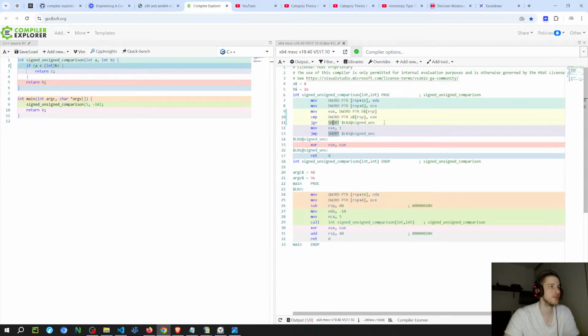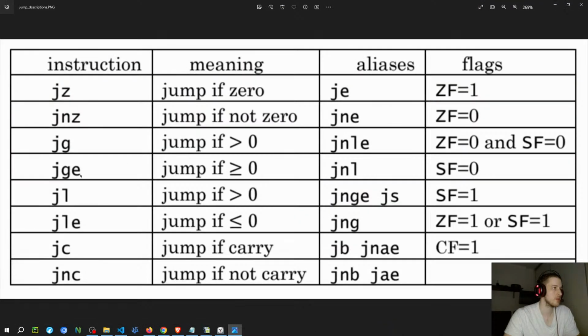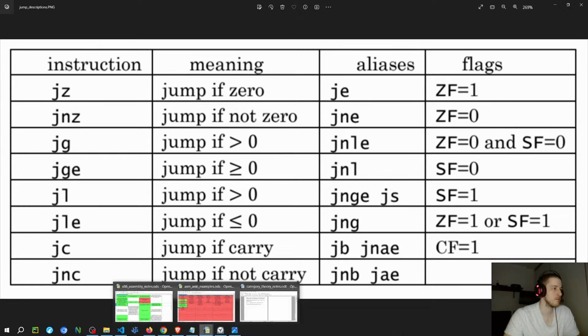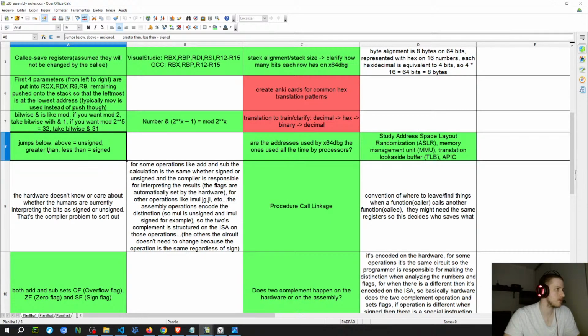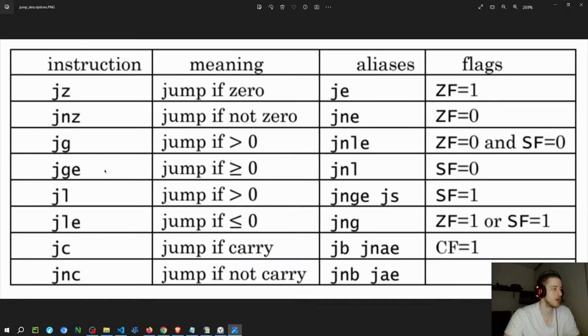Yeah, so now it's using jump greater or equal. Jump greater or equal. And I think that this greater or equal is the, yeah, the sign comparison. So the main difference on the cast is gonna be what kind of comparison, what kind of jump it uses.